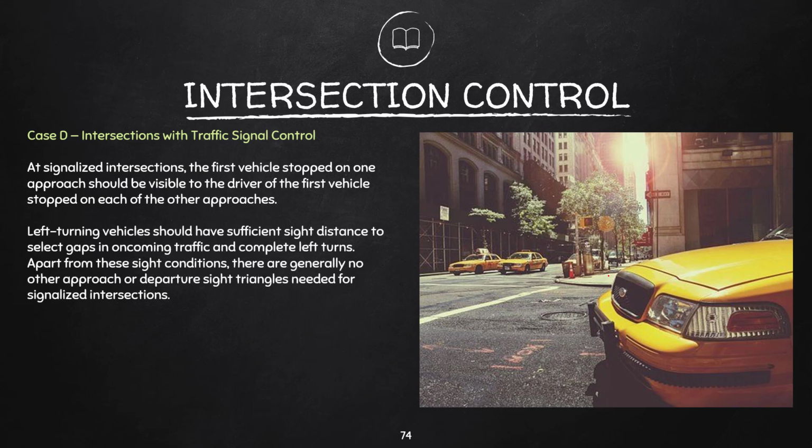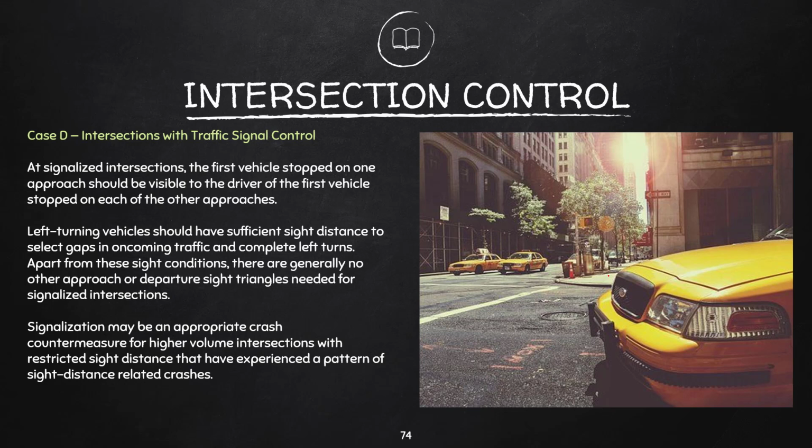Left-turning vehicles should have sufficient sight distance to select gaps in oncoming traffic and complete left turns. Apart from these sight conditions, there are generally no other approach or departure sight triangles needed for signalized intersections. Signalization may be an appropriate crash countermeasure. Yes, that is an appropriate crash countermeasure or accident countermeasure for higher volume intersections with restricted sight